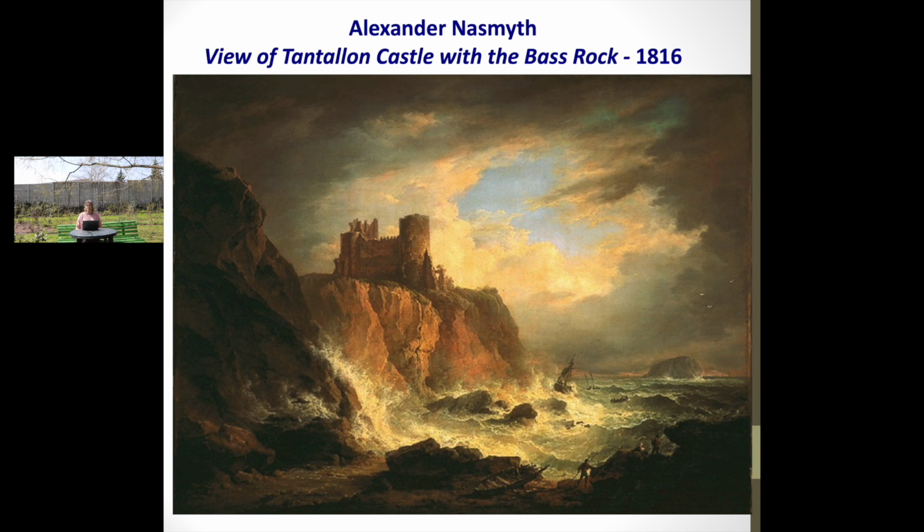So of course they would be attractive, especially if they were positioned on a steep rocky outcrop near the sea with some dramatic landscape, and if you could add weather conditions or a nighttime scene, this was your perfect recipe for a romantic landscape. So Alexander Nasmyth, we have quite a few images of Scotland featuring all these elements.